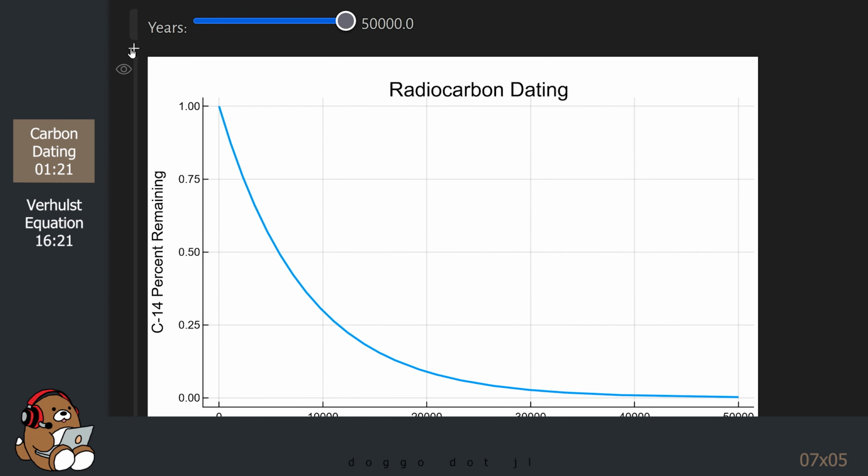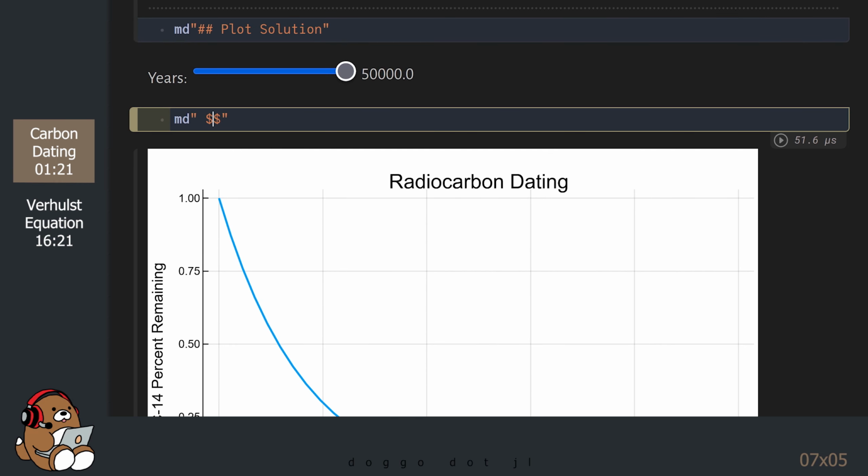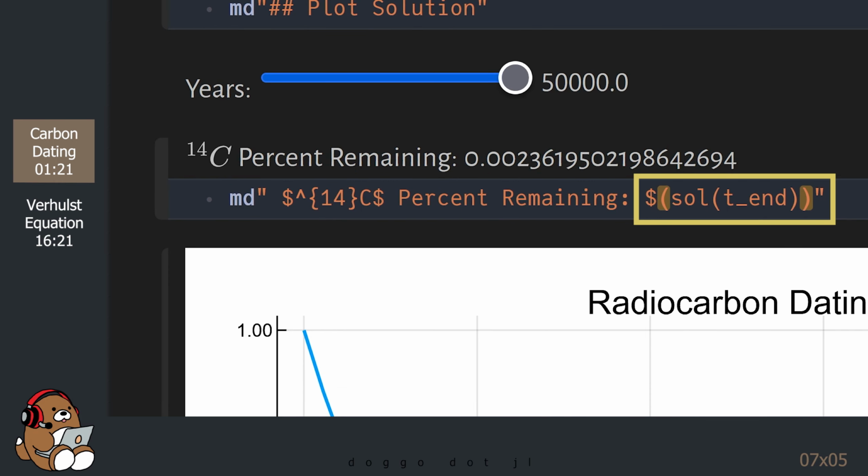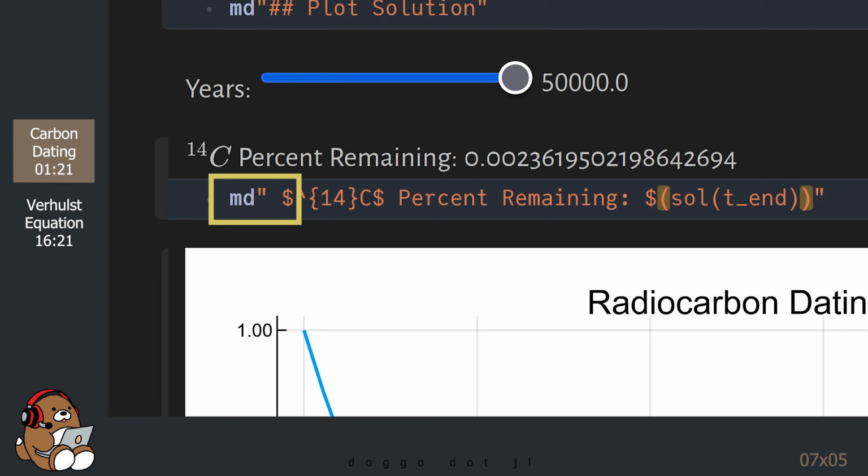Let's also add some markdown to show the value of the carbon-14% remaining at any time t. As a reminder, we can find the value by using the variable named SOL, immediately followed by parentheses, and then placing the variable named t_end inside of the parentheses. You need to include a blank space immediately following the first quotation mark and just before the first $ sign in order to have the LaTeX appear inline.